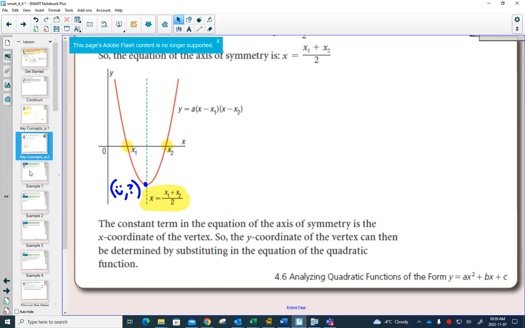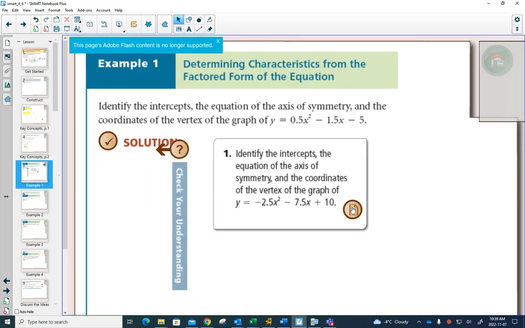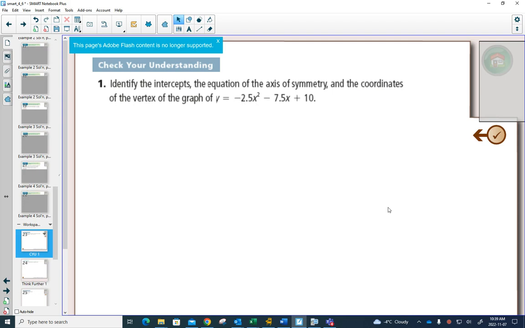So we're going to go to example 1 now. And they want us to tell all the intercepts, the equation of the axis of symmetry, and the coordinates of the vertex of the graph. So these are the things, we're going to just list them right now, and we'll list them in blue. We want our y-intercept, our x-intercepts, there should be 2 of them, axis of symmetry,